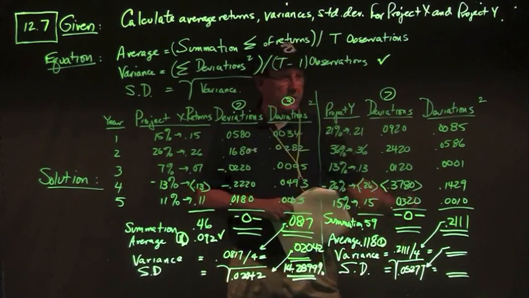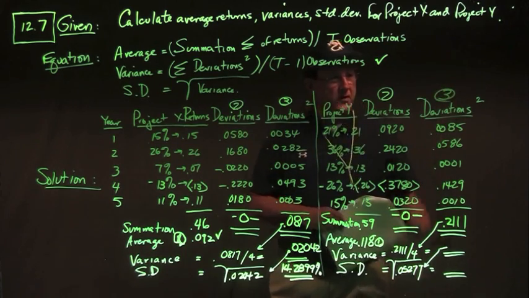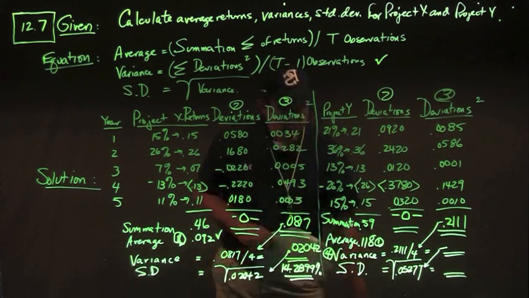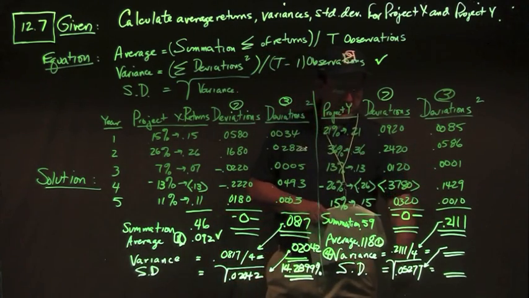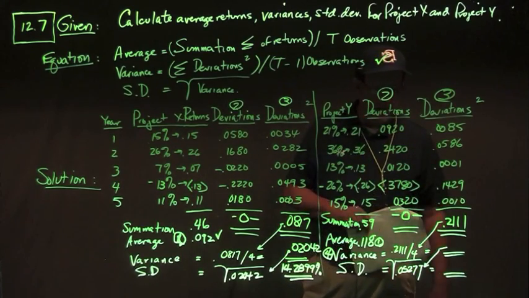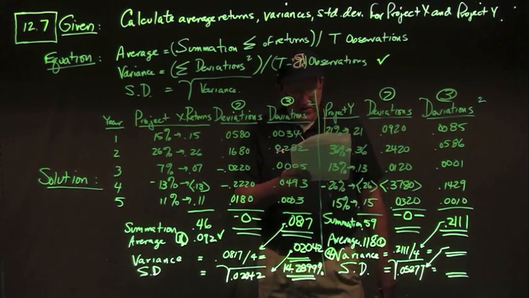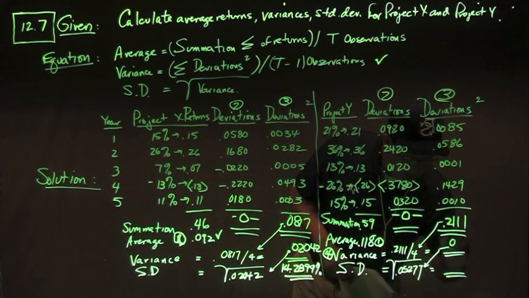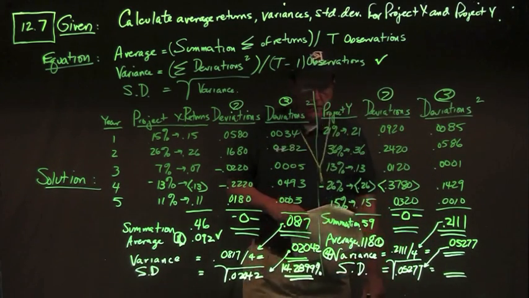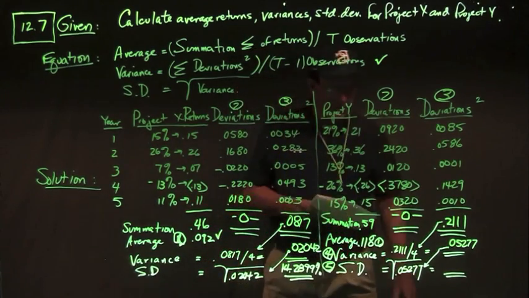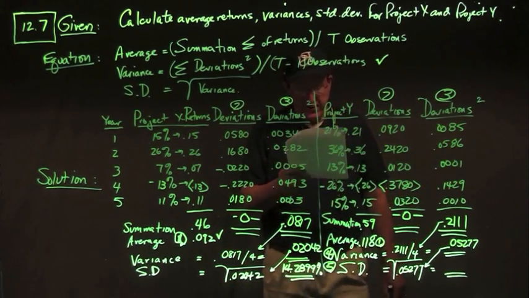Now, step number 3, square them up and sum them up. Step number 4, I calculate the variance by taking the sum of the square deviations divided by t minus 1 observations, so 0.2111 divided by 5 minus 1, I get a variance of 0.05277. Then I bring that down and take the square root of that in step number 5 to get the standard deviation. So the square root of 0.05277 is